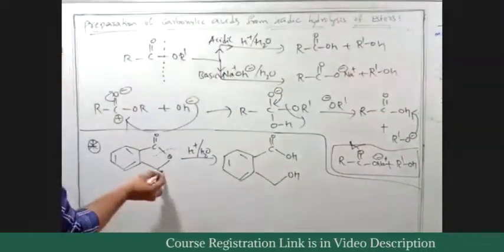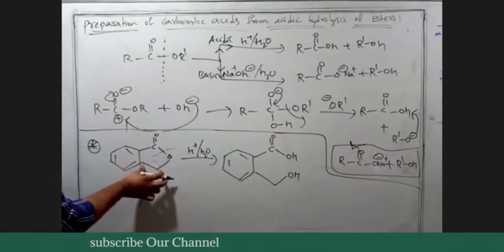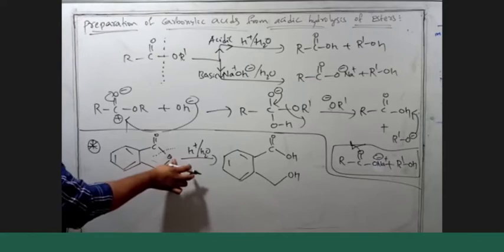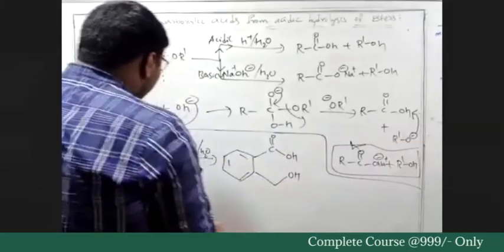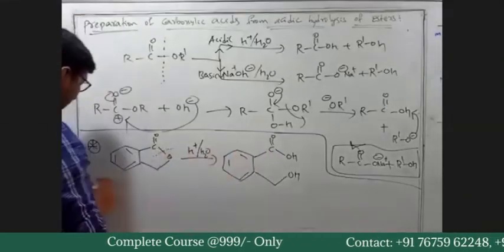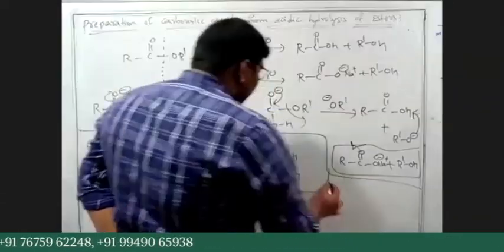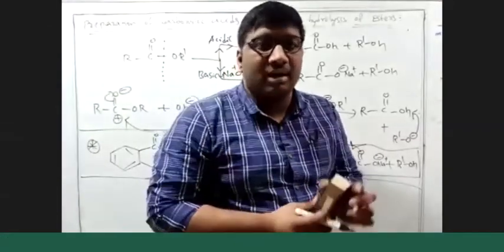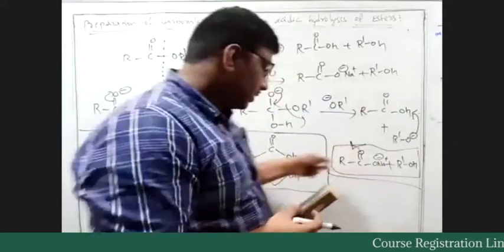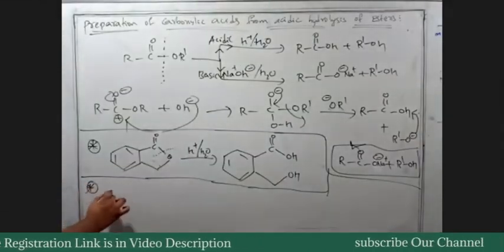This was our alkyl group. The CH2O minus will take the H. So we get OH and C double bond OH. If you just want to write the product, you can simply write it like this. But in JEE Mains and Advanced, they won't ask you the product directly, they ask you the intermediates as well. So you should know the mechanism. The mechanism is again simple.